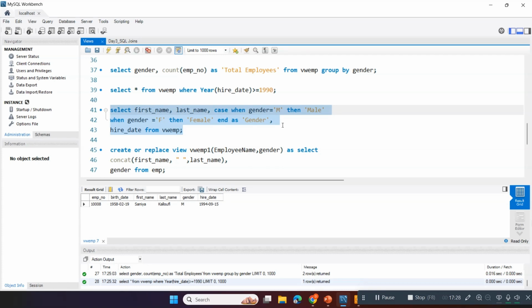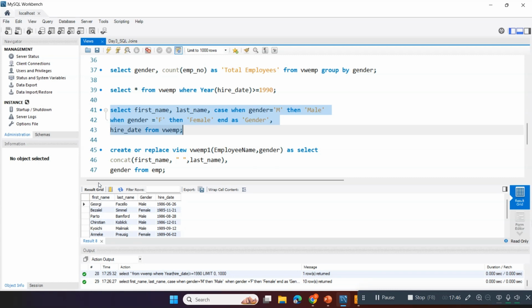One is the first name, the second field is last name, and then we are having a gender column in which if the value is M, then we'll replace that with the complete string male. If it is F, then female, and then displaying the records here. So this is the output. You can see first name, last name, and we are adding a column gender after having a full value, and then hire date. So these are the operations we are performing on